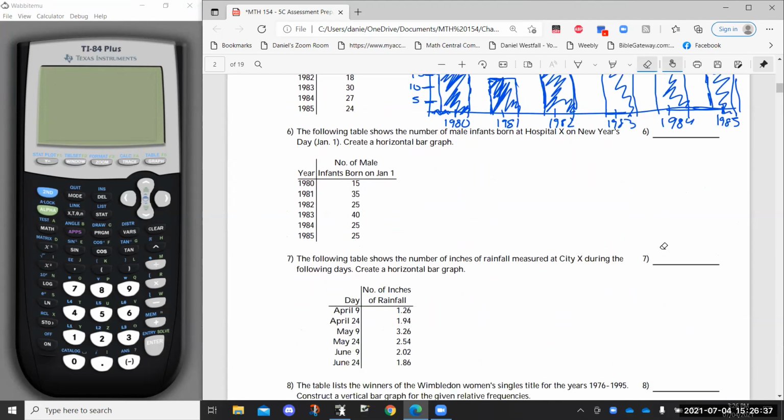So, all right, next one asked me to do a horizontal bar graph. That one's the same but different. So just switch these axes where the input is going to be on the vertical and the output is going to be on the horizontal. So we're going to have, this is going to be 1980, 1981. We usually go top to bottom like this. 1982, 1983,